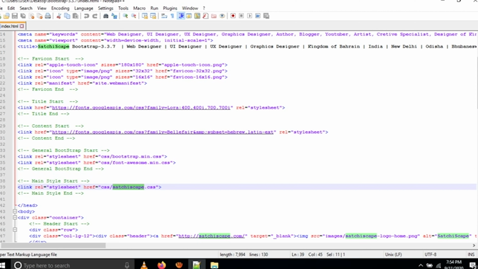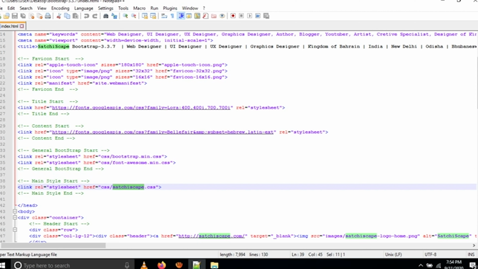If you write your Satiscape CSS before Bootstrap Min.css, it will not work, because Bootstrap Min CSS will override the code you wrote previously.